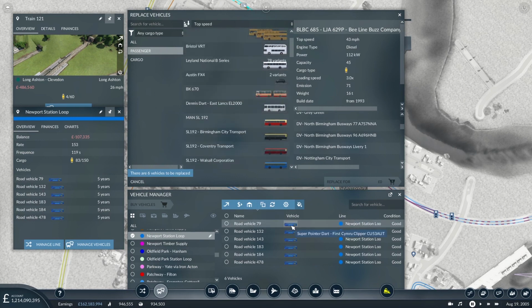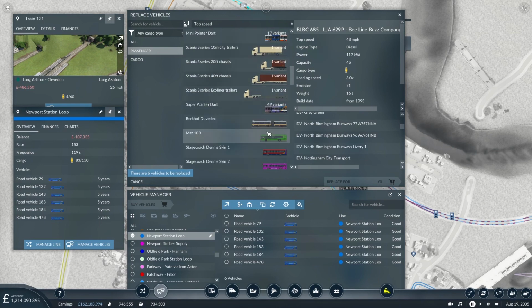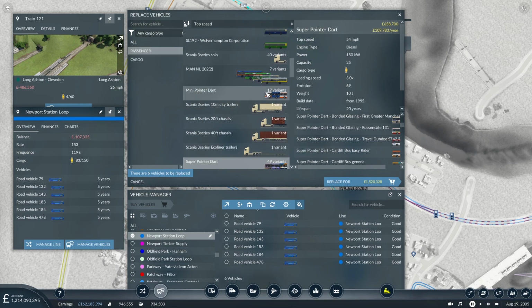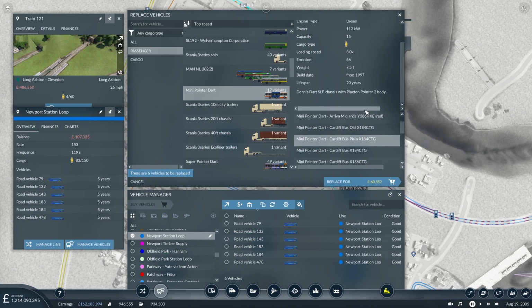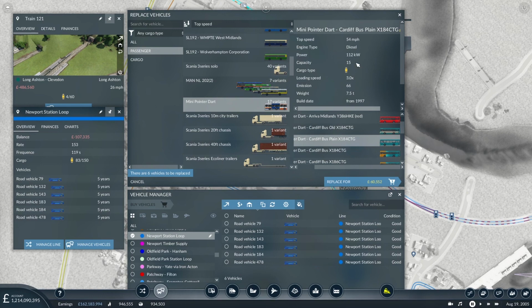So which bus are you? Super Pointer Dart. Where the heck are you? That's you, isn't it? 25 at 54. We've got the Mini, but you don't appear. Oh, we have Cardiff bus. Do you show me what colour you are? Yeah, that's you. But you're carrying just 15 as opposed to